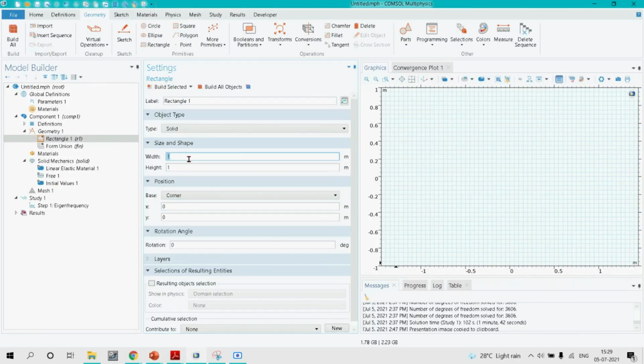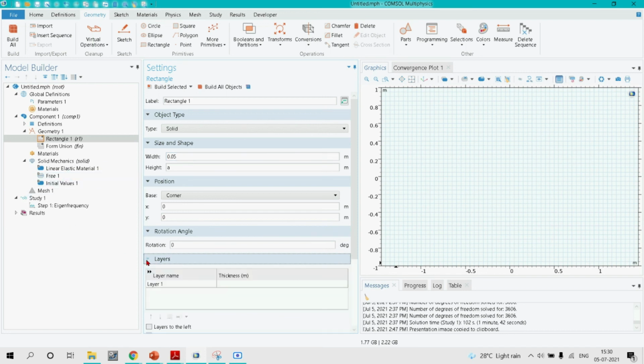So the width of the unit cell, let's take it as 0.05 meter, and let me inform you that the lower you take the width of this unit cell and apply the continuity condition, the better or more accurate the result could be. That is according to my observation. So let's take the width as 0.05 meter and apply continuity boundary conditions along that direction. And the height, as we know, the overall height of our unit cell is a, which we have already defined in global parameters. And let it start from 0, 0, that is, at the origin.